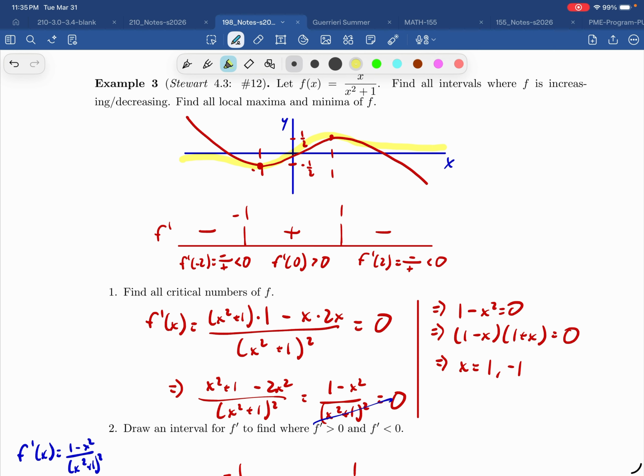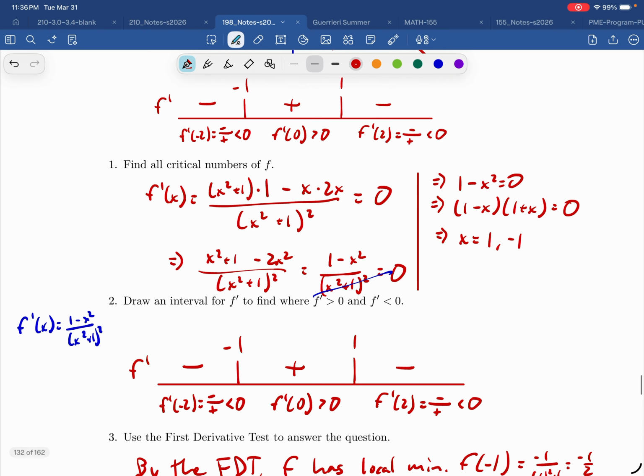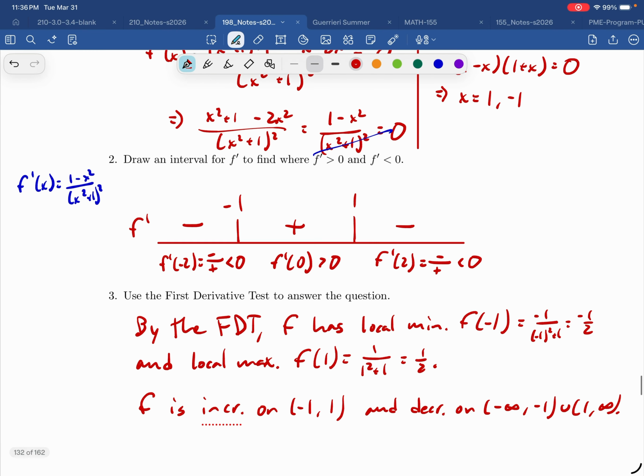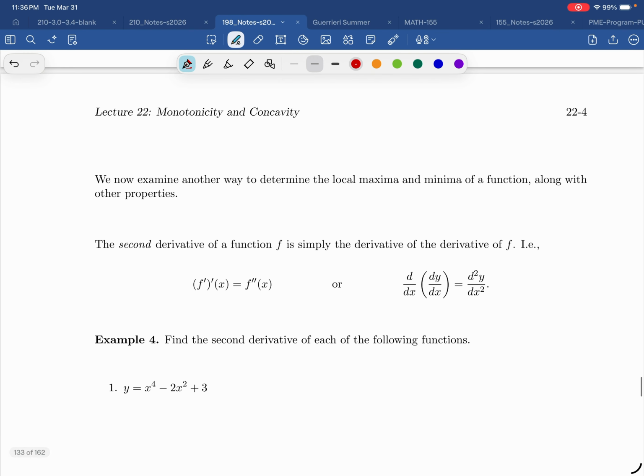In particular, the long-term trends are different from what you might have thought. You can't really use first derivatives for that, but we have second derivatives and limits at infinity to see how that works out. But just to point out, first derivatives don't tell us everything. Okay. So anyway,